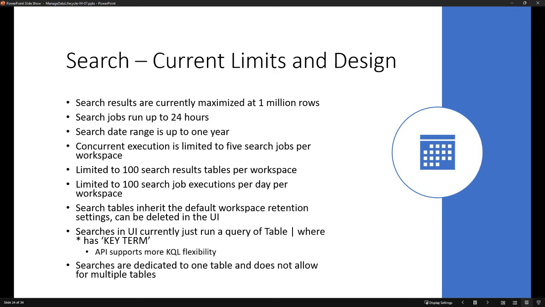You can do 100 search result tables per workspace. Again, I mentioned you can clean that up once you're done with them. 100 search job executions per day. If you're doing that, then that's impressive, and we would love to hear more about what you're doing. Search tables inherit the default workspace retention. So if you're looking to control how long those tables are, you can modify the table retention, but by default,